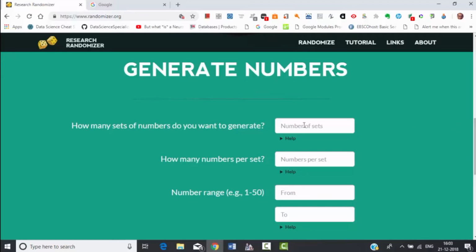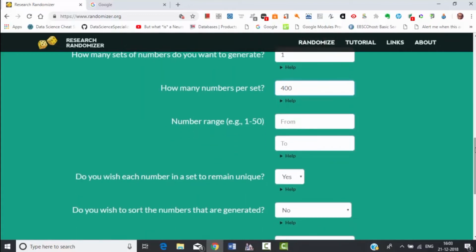Now, the number of sets that you can generate, you can say that you want to generate one set, and numbers per set is 400. You have told that your sample size is 400, therefore you would like to select 400 people, and the number ranges from 1 to 2,000.